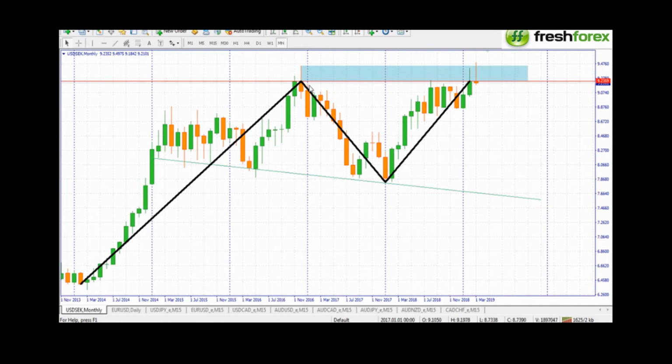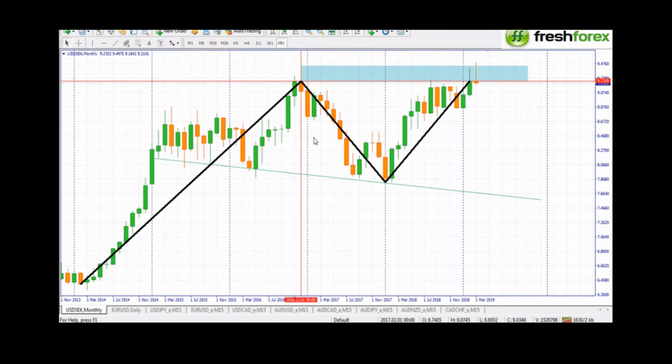Somebody may want to say that the price here is a breakout, but from my own experience, if you have a monthly level and price has not been able to close above it for the past like 1 year, there is less chance that the price is going to close above it even now. But if it does close above it, then that's a breakout. So in this case, you have a level here. There's a very good resistance. A very good price goes down. This was when this was